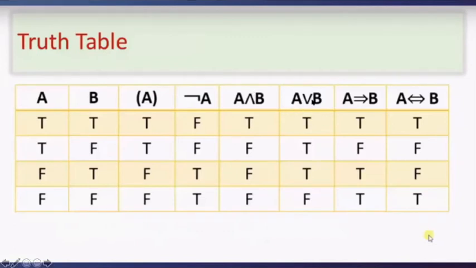Then A or B, if true or true, definitely it will give a true. True implies true, it will give you a true. Now true and false: if we are talking about A is true, then it is true. Here negation of A means true can be false. Here A and B, or A conjunction B, it will be